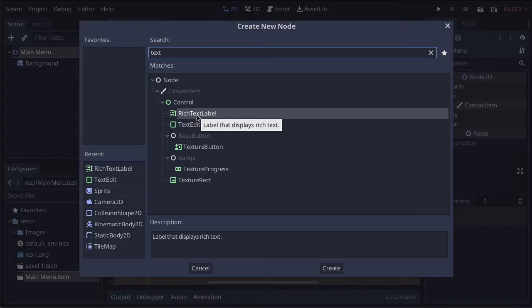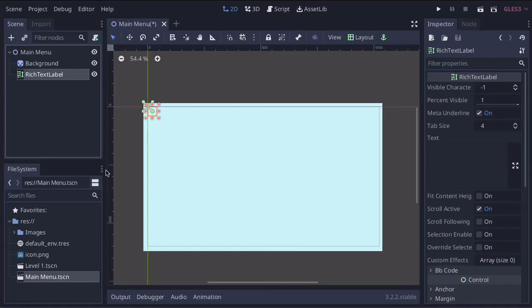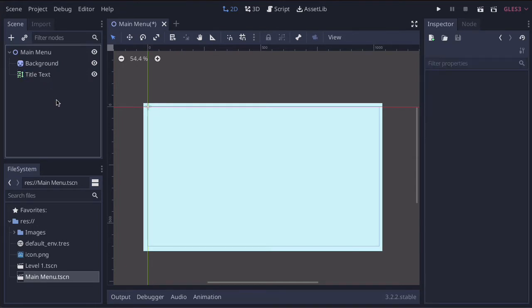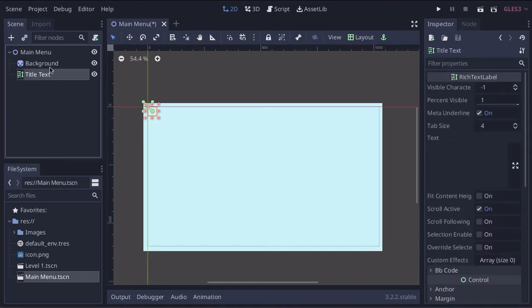Now note, because I've used it before, I can actually load it from two places. So I can double click on this or this. So let me just show you how this one works. So if I double click on this rich text label, that will load up here. Now let's just double click on this again and let's give it a name. So we're going to call this title text